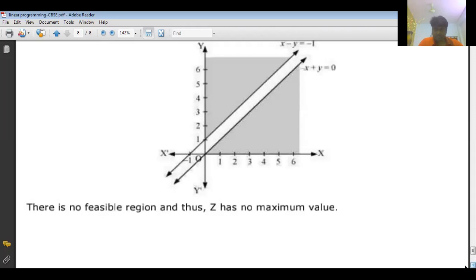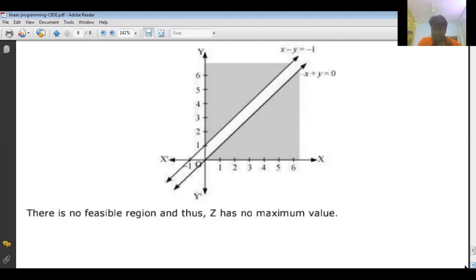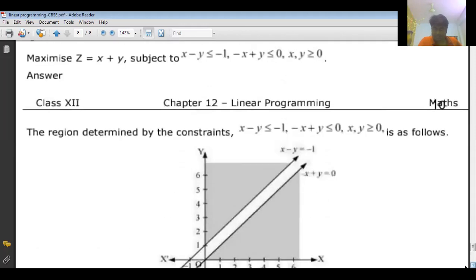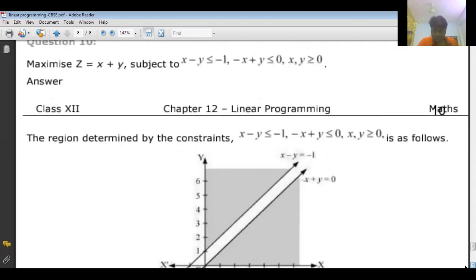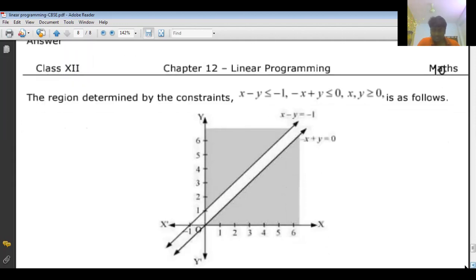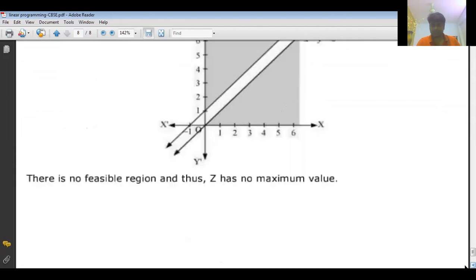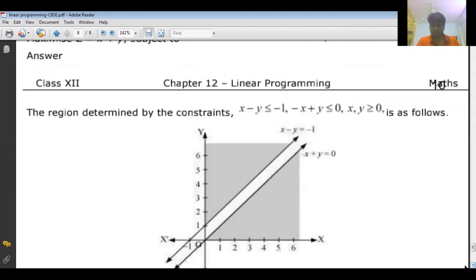Now third, we are going to take the graph. Before taking the graph, what is needed? Table values are needed. Find table values and find the point of intersection also, if you have any. Then only go for drawing the graph. That is the third step. And finally, we find the solution by using the corner points table, the value of z, wherever we get minimum, wherever we get maximum, that we can observe. And from the graph,